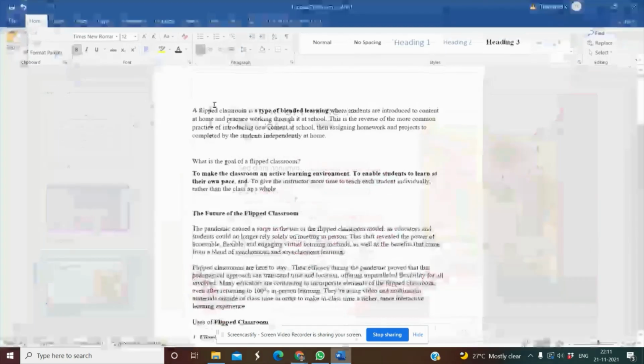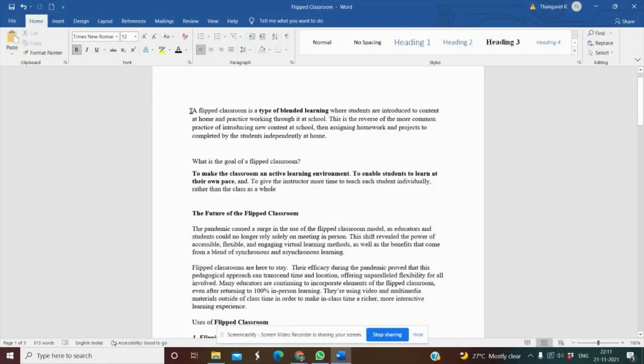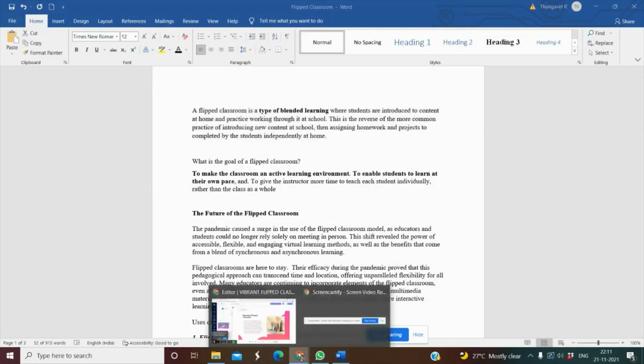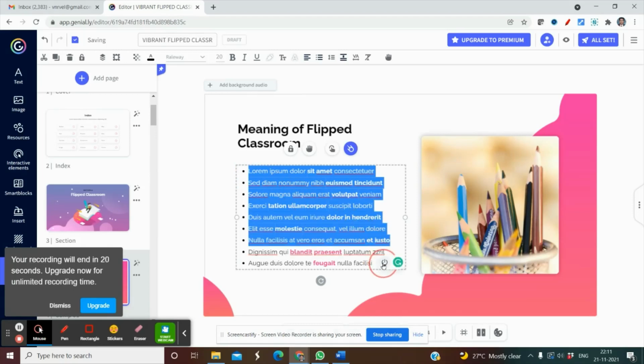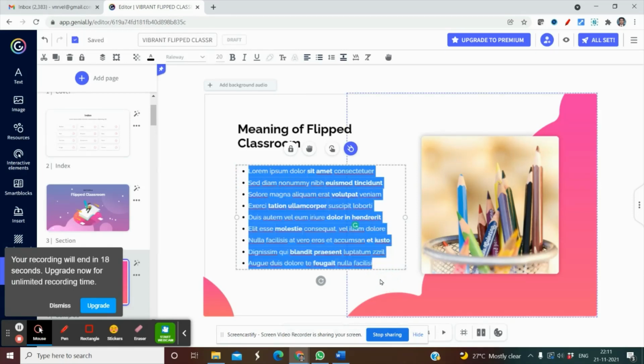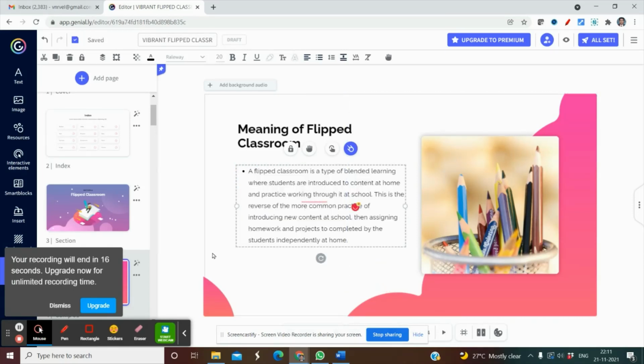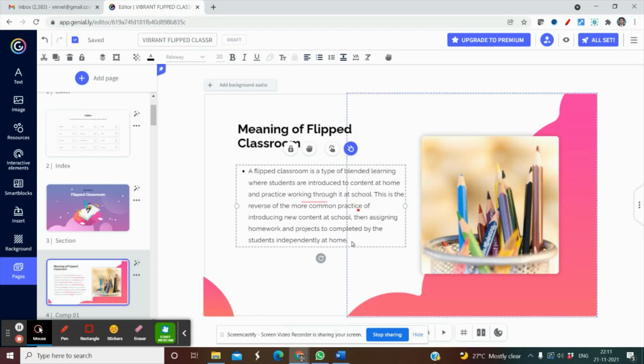I have already prepared this content regarding flipped classroom. So just copy this text, and I am going to paste it here. Select all and paste. That's it.